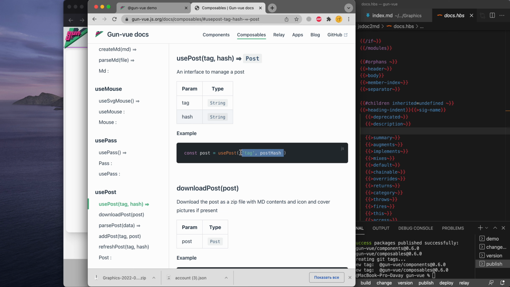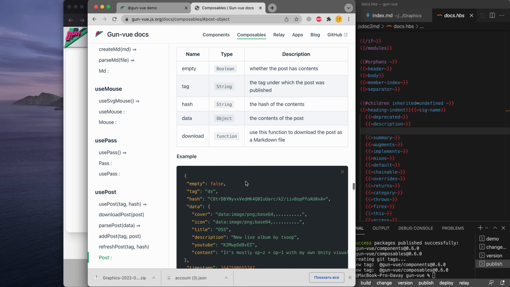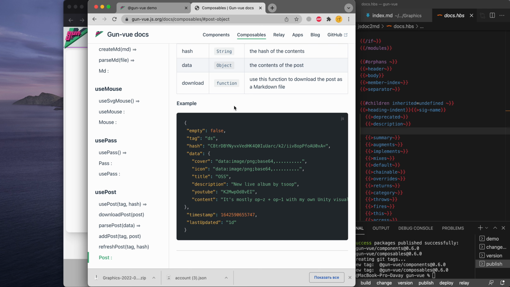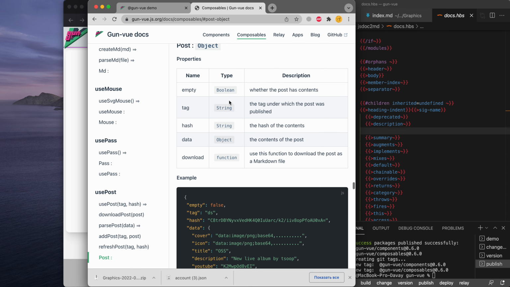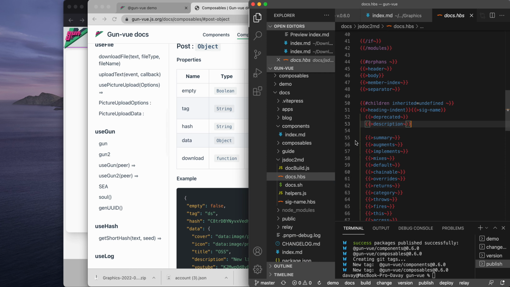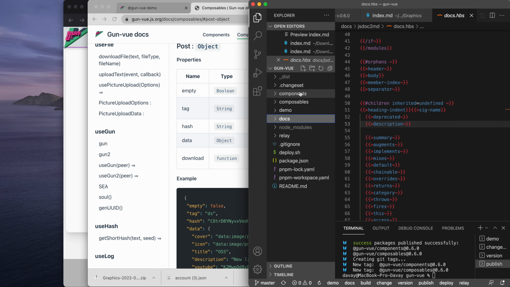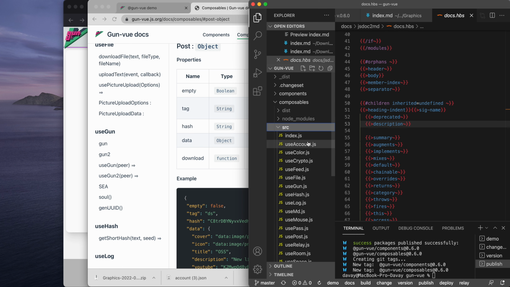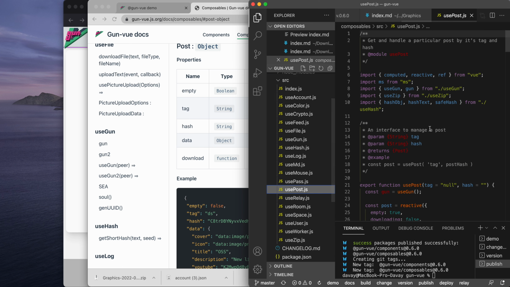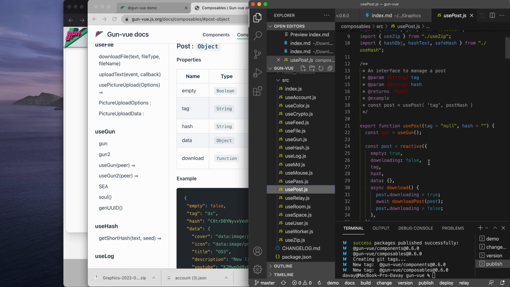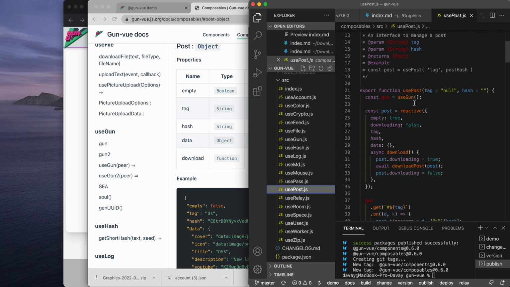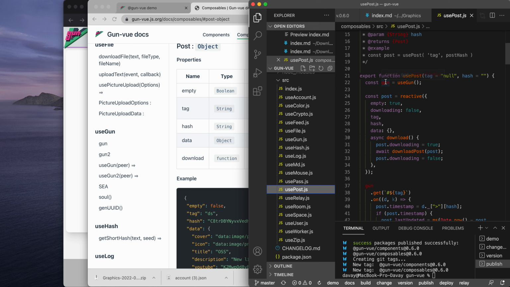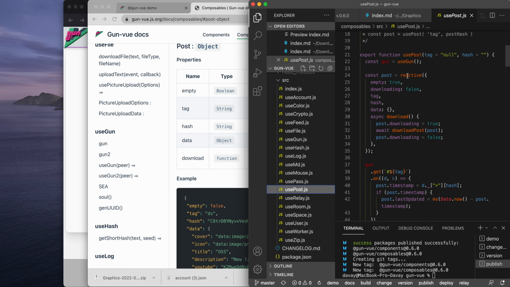So now we have just the tag and hash. So it's a string and two strings, and we have all the data from our database. Simple as that. And it's not a very complex code. You see that we can go to the post and see that that's not such a crazy thing. Yeah, we just get a gun instance. It's a reactive